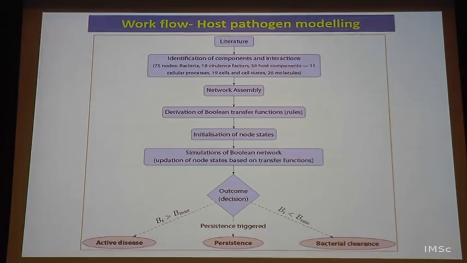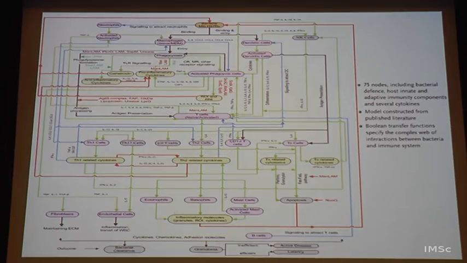And the rules that we used were, we put a bacterial count here, and if it is less than the threshold V min, that means it is cleared. If I recall correctly, we put the number 1 there, a single bacterium. If it is between 1 and 5, I called it persistence, and if it is over that, I called it active disease. And this is just a relative scale. You can change it based on the data that you have available to you.